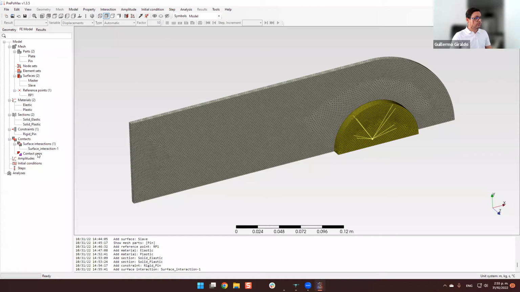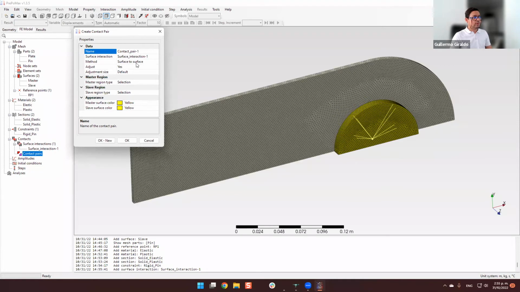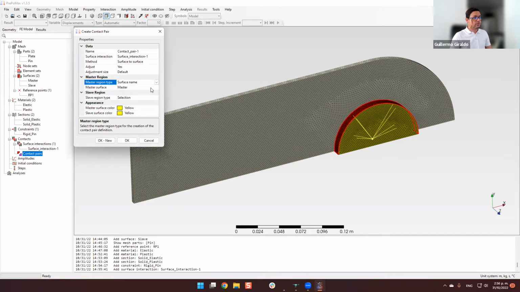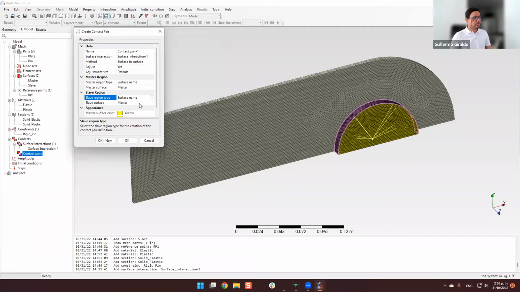Now I define the contact pairs, which is each pair of faces that I will define into contact. So for the method surface to surface, I will just use the defaults here. For the master region type, I can select faces here from the viewer, but right now I will use surface name and pick the master that I selected. I should have given a better name, not master, but for example, pin contact, and then I can, for example,